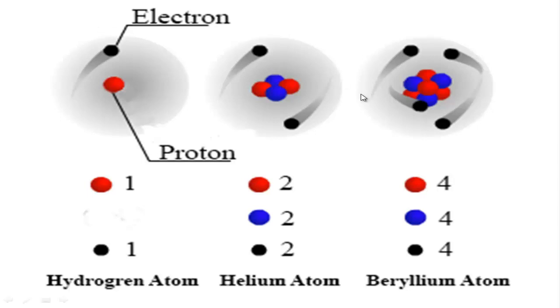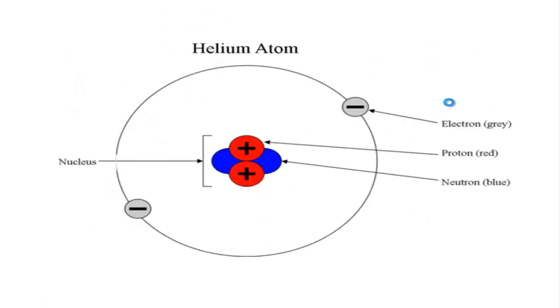It either will be equal to the number of protons, or it can be less than protons also. So the number of neutrons can be different from the number of protons, but the number of electrons and protons will always be the same. Again I am saying, the number of electrons and protons will always be the same, but the number of neutrons can differ from their number. Now follow another picture.